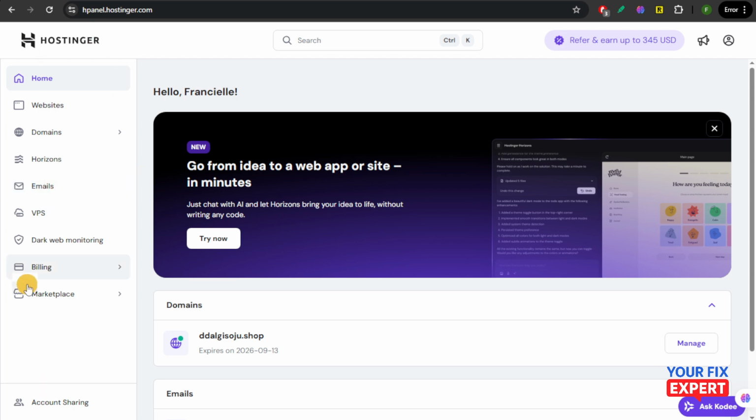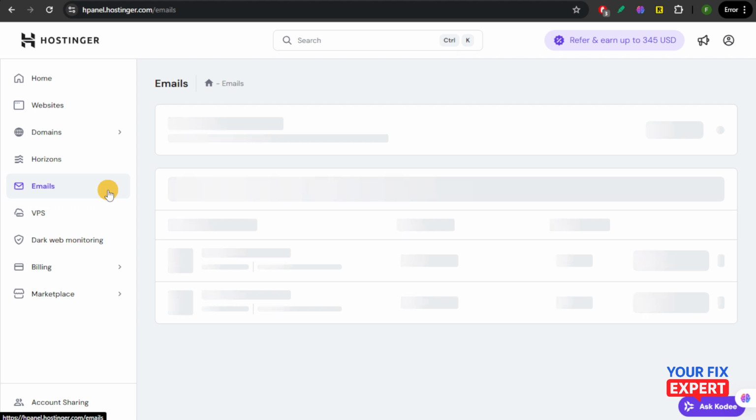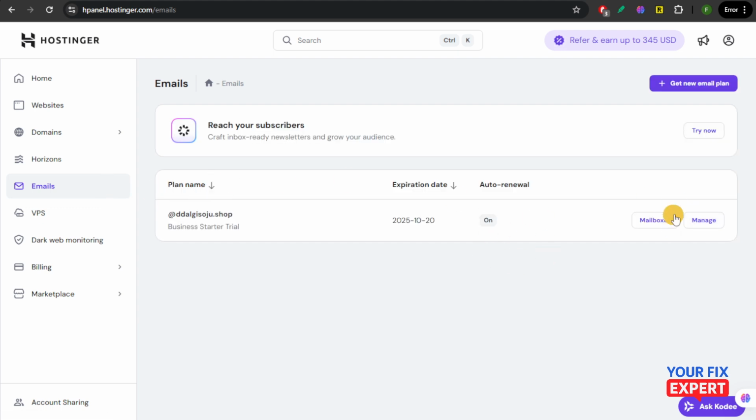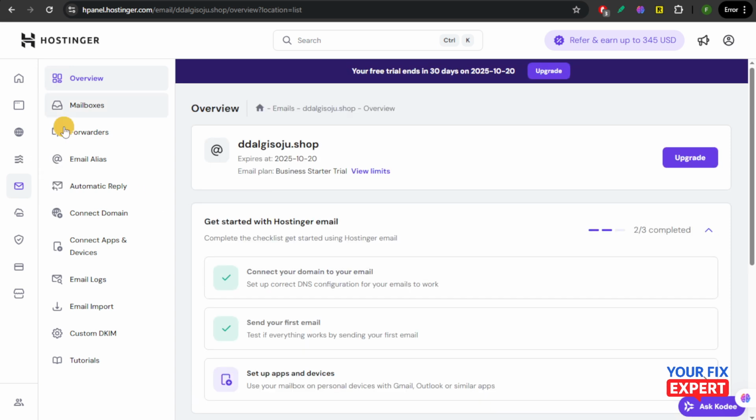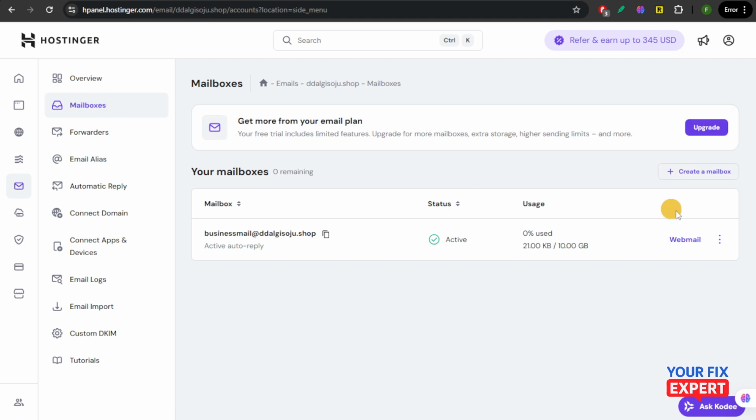emails, right at this left side panel. Just click on emails. Now from here you're going to click on this talkisoju.shop. I'm going to click on manage, and then from here you will be able to see this account overview, or your email account overview. Now we're just going to click on mailboxes from here, and then you will see this